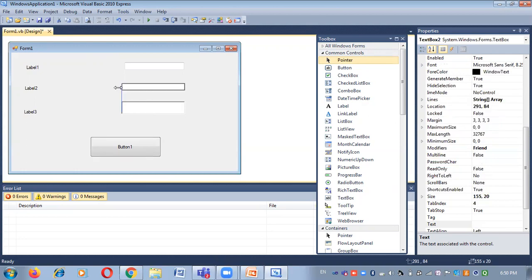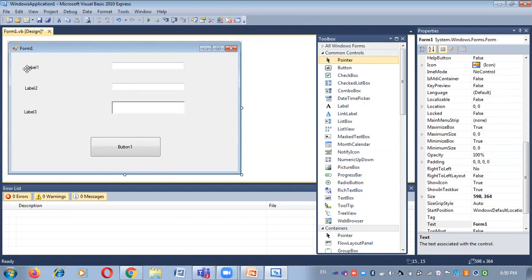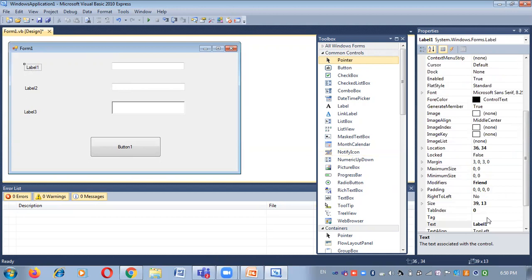Okay, so for display purpose, I am going to change the caption property, that is the text property of the label control. You just type here, enter string 1. Okay, then again change the property of label 2.